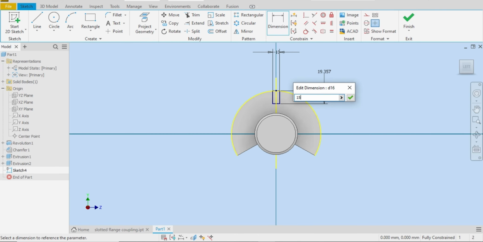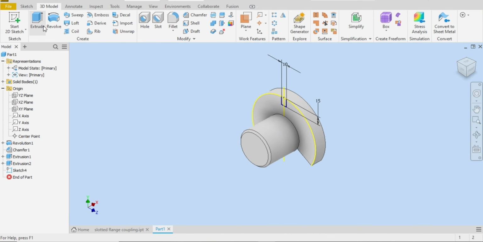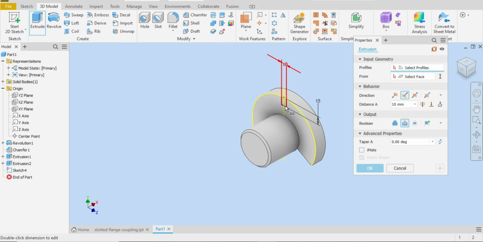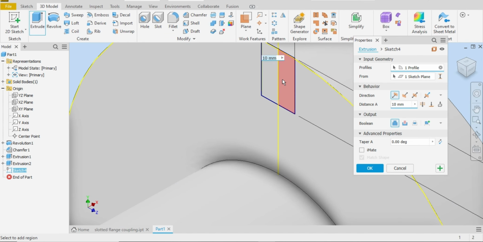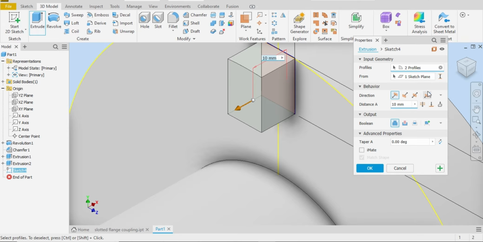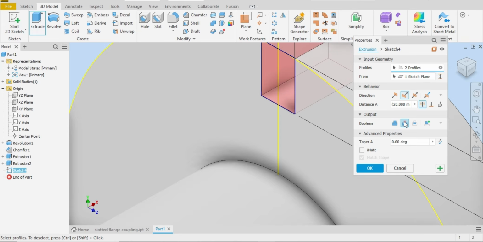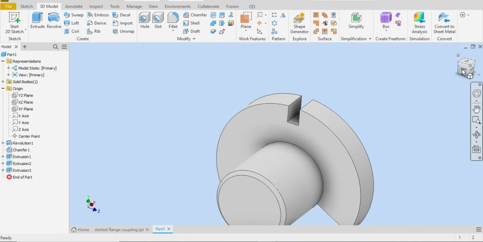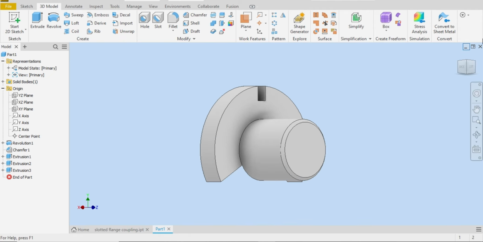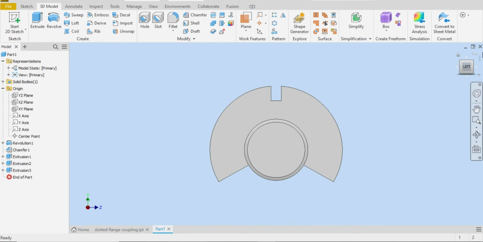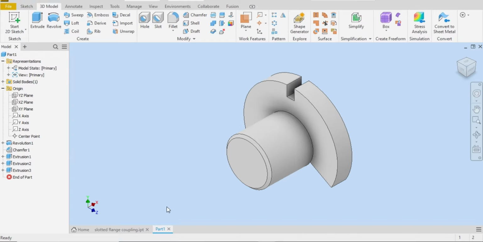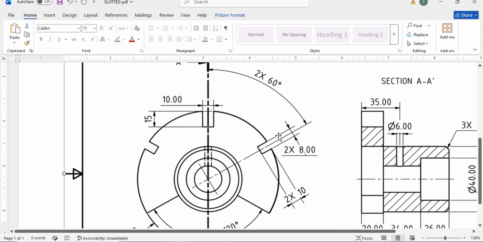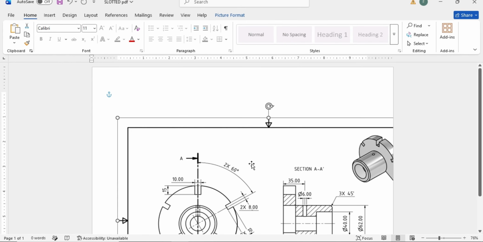Okay, finish sketch. Let me select extrude here and let me just zoom in. Select this and also this. Let me use through all and cut. Okay, look, it has cut now. It is empty from inside. Look, now it's time for the other features here. Let me just zoom out. Okay, these two slots,